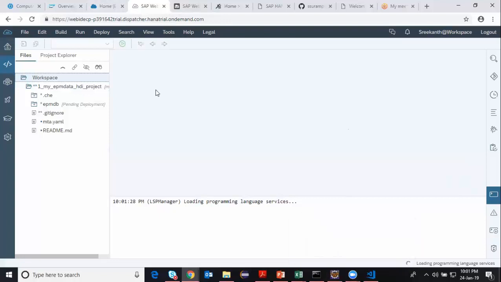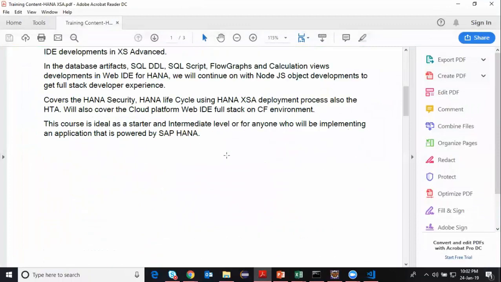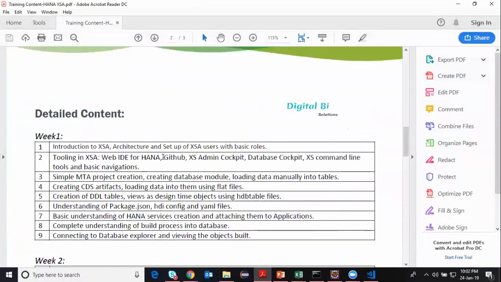We'll touch base on simple application, simple database application build and deployment in the cloud platform, Cloud Foundry environment as well. That's what I put in my course. You can see in week 1 initially we start with the introduction,